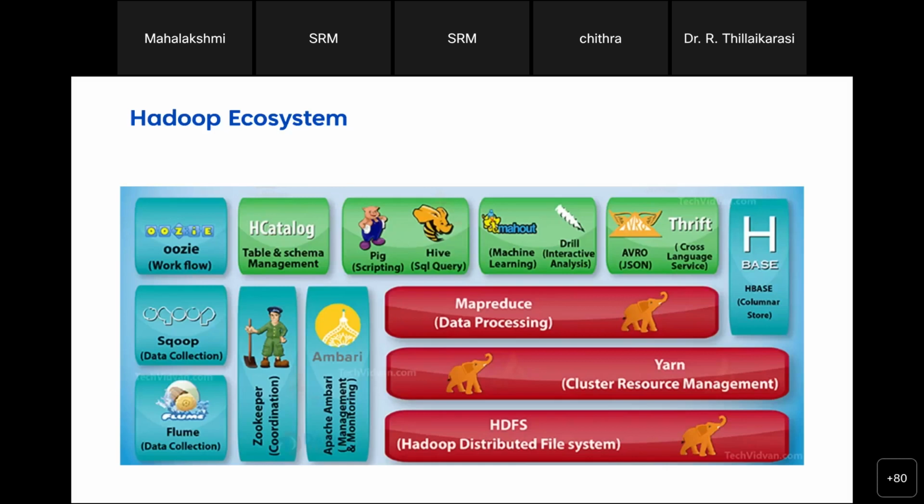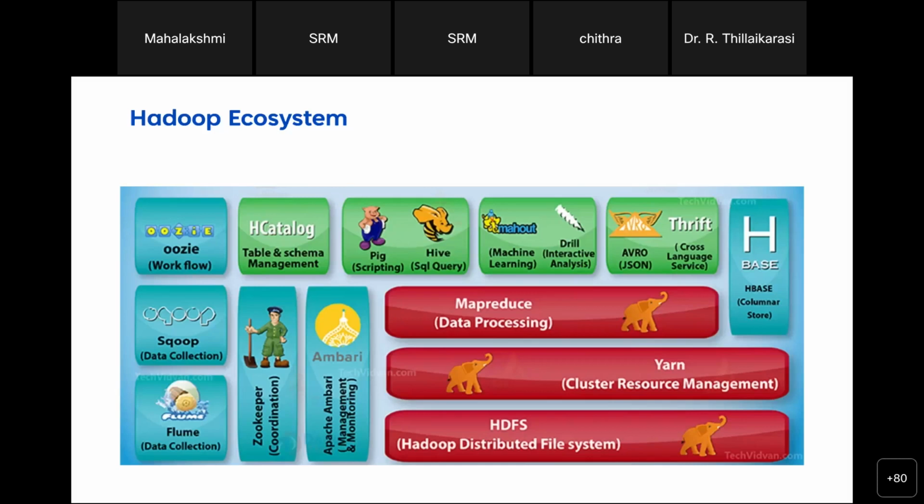And MapReduce means if my data is stored in a distributed manner, after that I process those distributed data in a parallel manner using MapReduce. After that, YARN over here is for resource management. When and where what kind of resources are working properly, which of my nodes is failing, this kind of stuff is handled and taken care of by YARN.